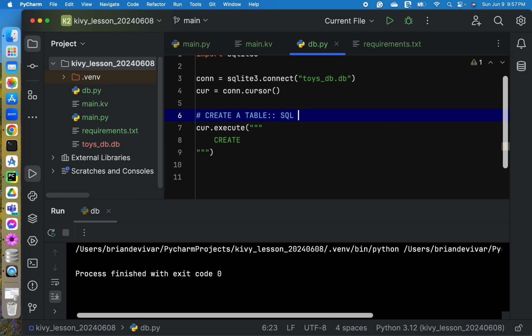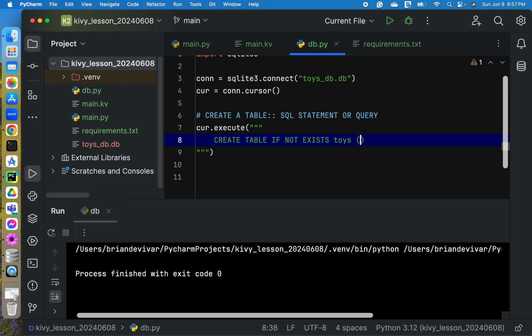SQL statement or query. And to create a table, we type create table if not exists, and then our table is toys.